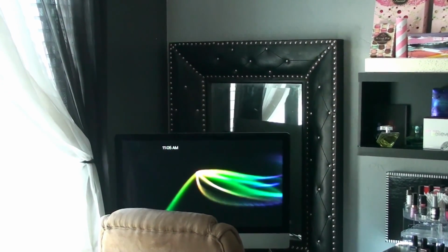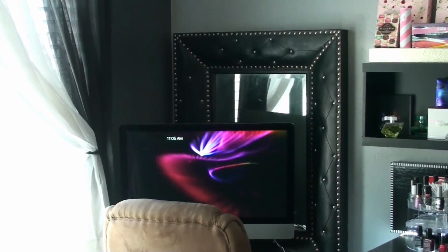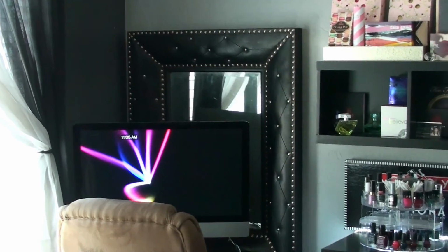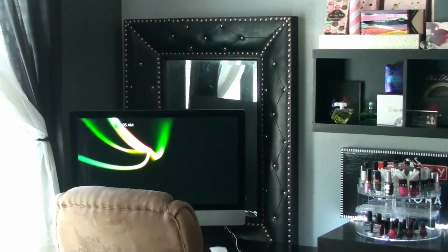But that is pretty much it. So I think that's pretty much a full makeup collection. If there's something you want to see more in depth of, I can do that, but I will link all